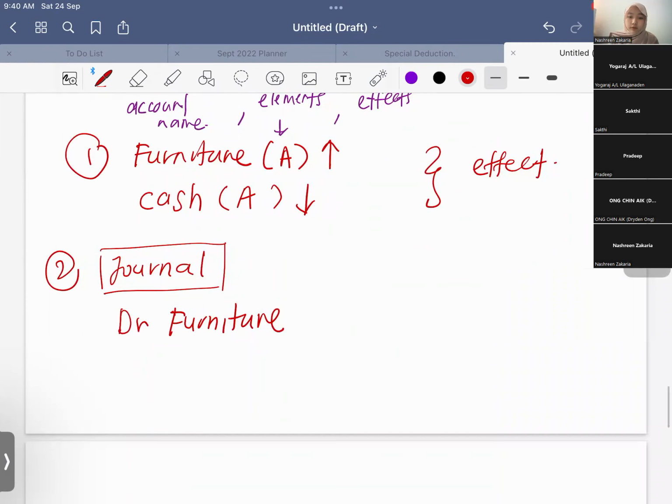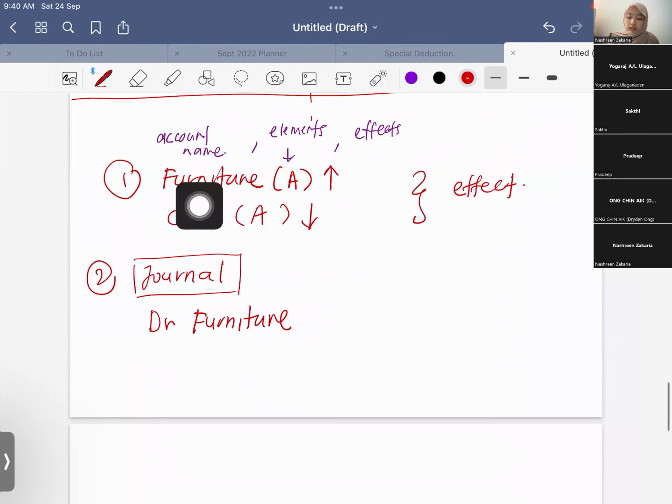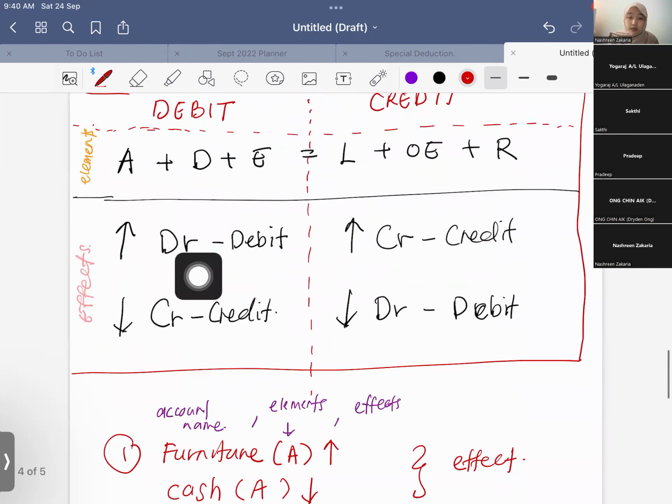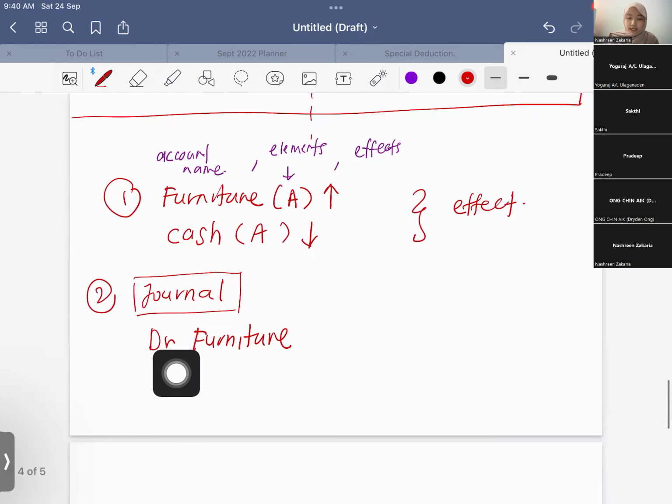Debit furniture. Okay, this is settled. You have put it in the journal. Debit furniture, because you know asset increase, debit. So don't put debit asset, debit the account name. Don't put debit asset, debit asset is wrong. Asset is